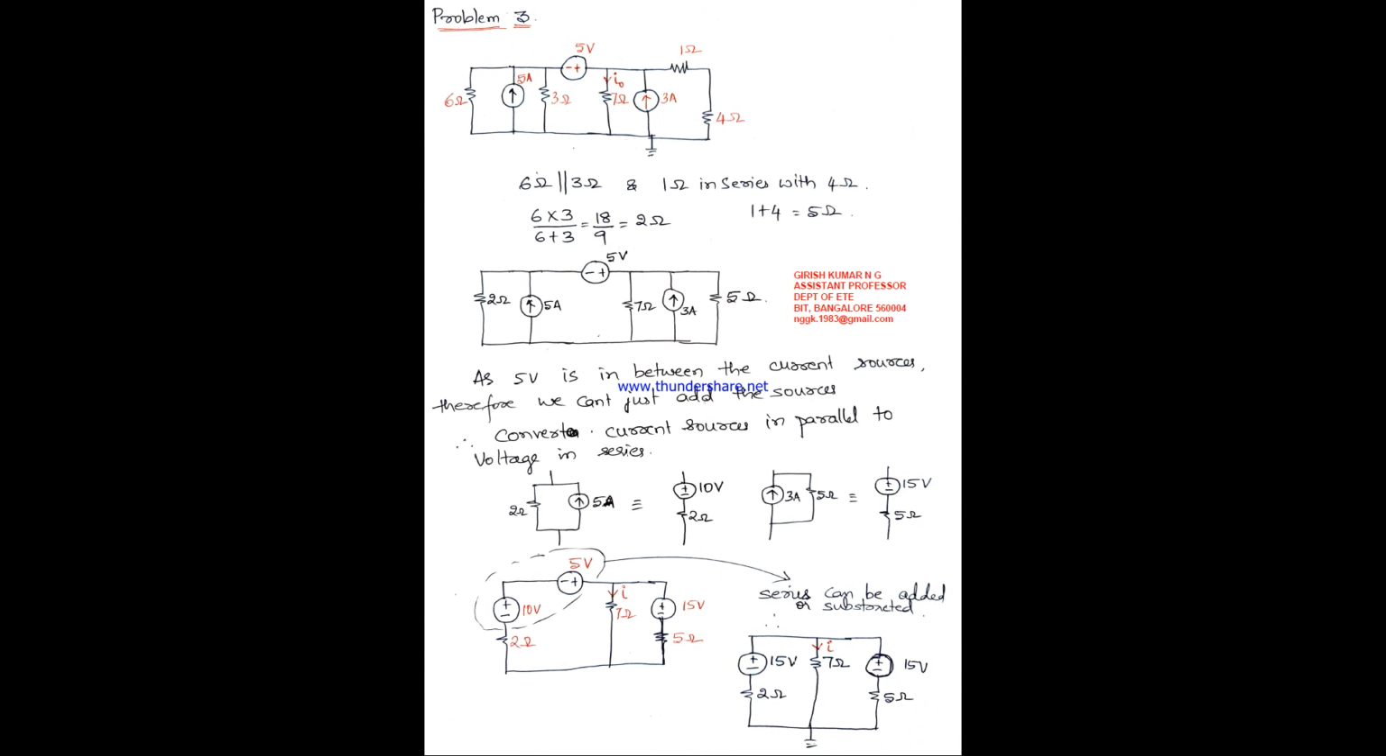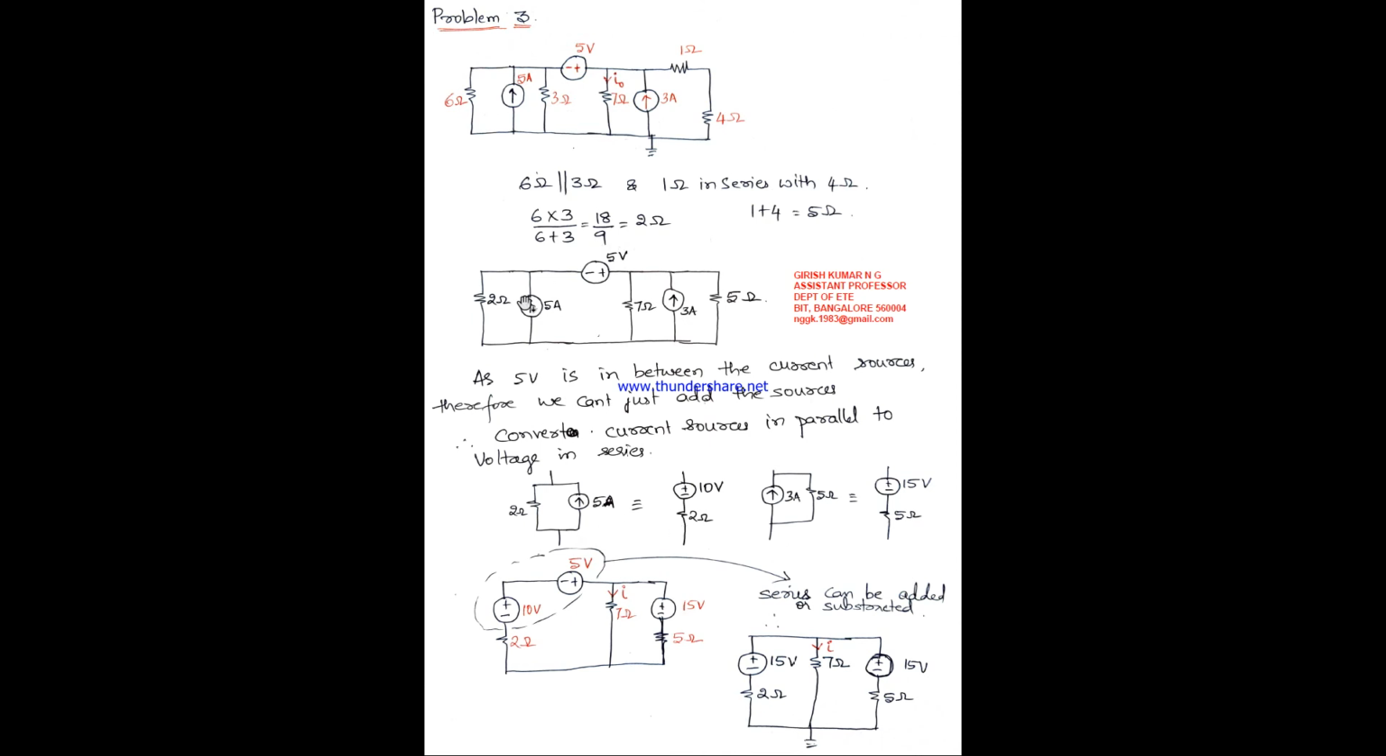5 volts is there in between, so you can't just add 5 amps and 3 amps. Okay, you can't say 5 amps and 3 amps can be added. Why? Because there is a voltage source in between those current sources. So you can't directly say 2 ohm is parallel with 7 ohm now. Not possible, because there is a voltage source between this particular parallel network. So for that, what you need to do is convert this 2 ohm and 5 ohm into series, and then you add that series voltage that you get with 5 volts, and then see further what you can